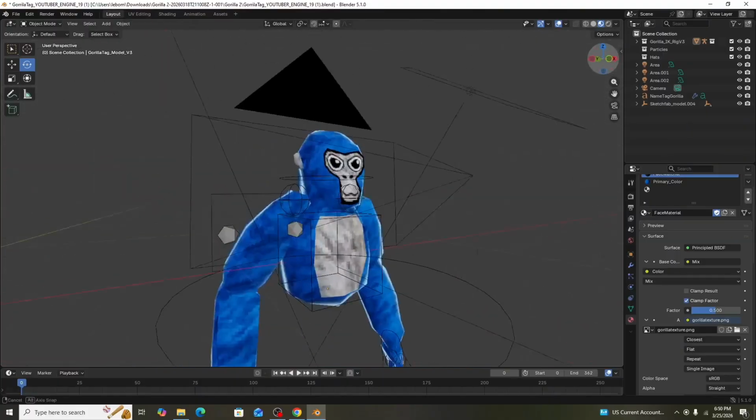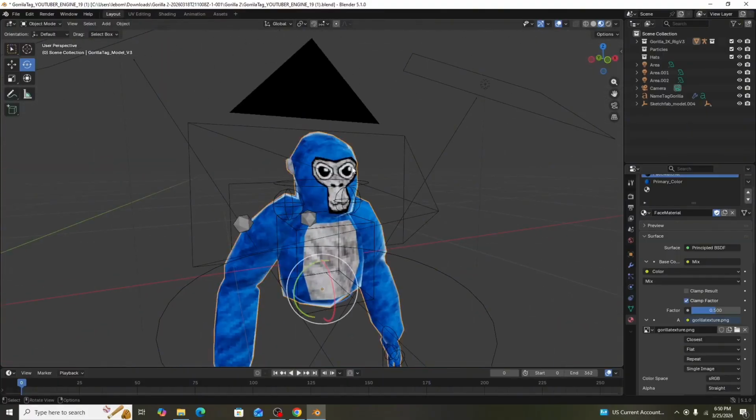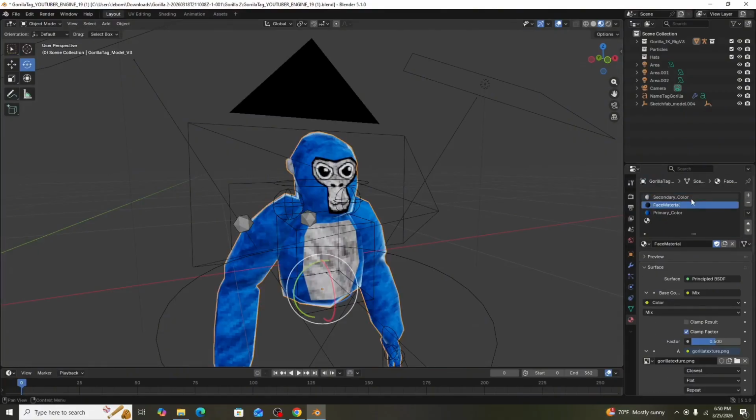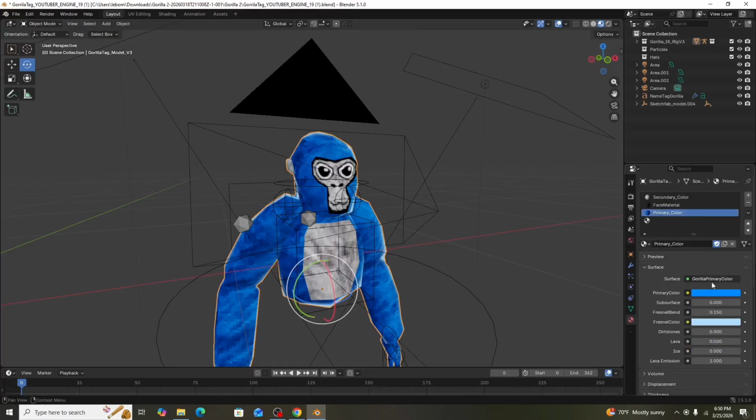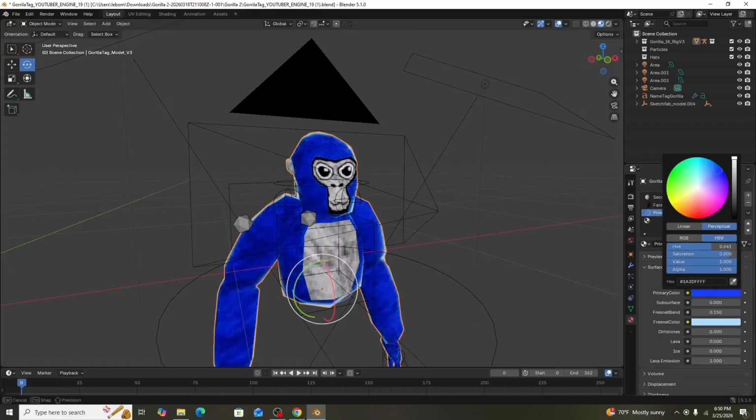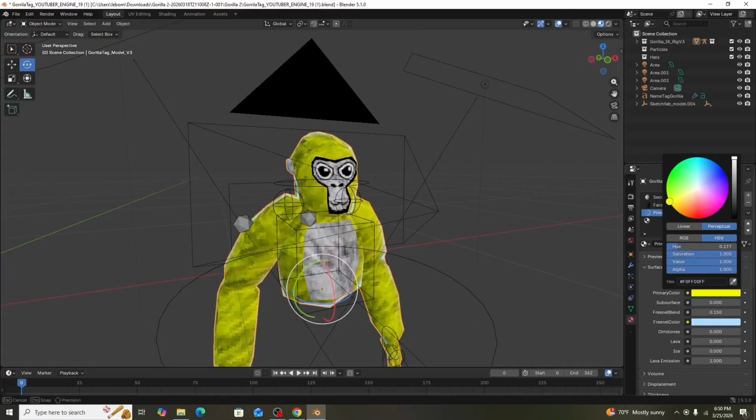Now how to change the color of it. You can easily just click on the mesh and then click off of face material. Go to primary color and you should be able to set it to whatever you want. I'm going to choose it to yellow because that's my color code, but you might want to bring it down a little bit